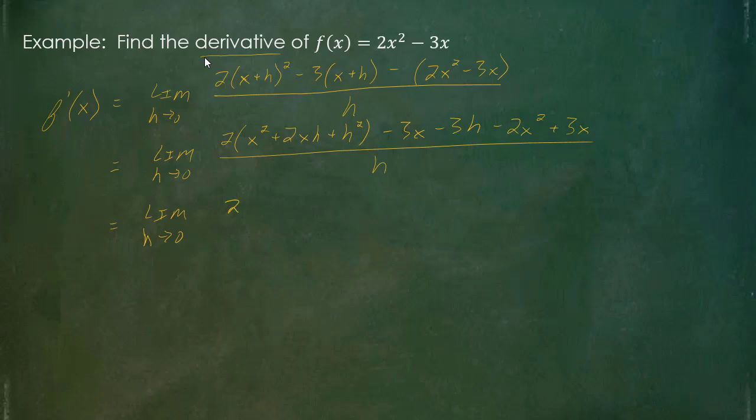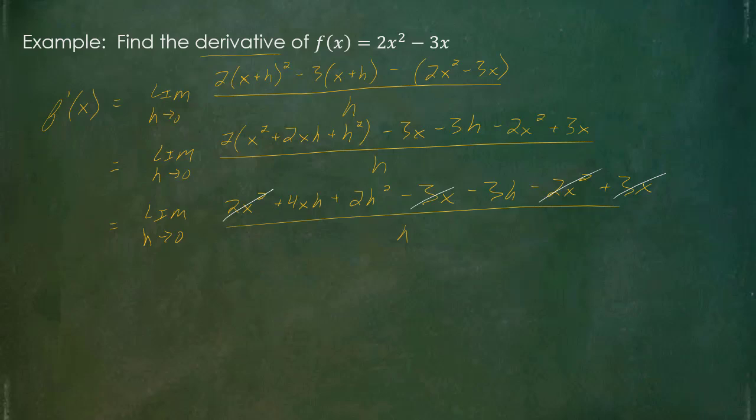And so this would now turn into 2x squared plus 4xh plus 2h squared minus 3x minus 3h minus 2x squared plus 3x, still all over h. So now it's to a point where all the parentheses are gone, so it should be able to start canceling things out. Looks like I have a positive 2x squared and a negative 2x squared that can cancel. I have a negative 3x that will cancel with a positive 3x, and then all the terms that are left